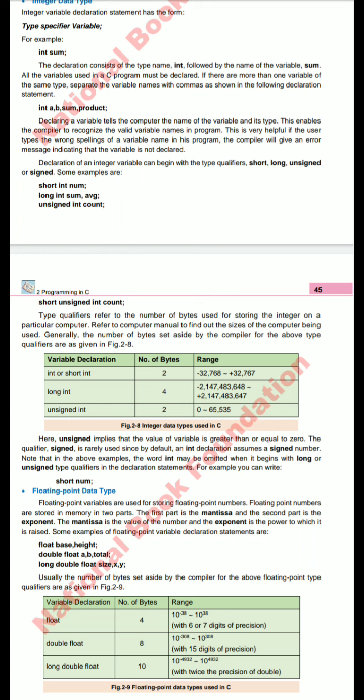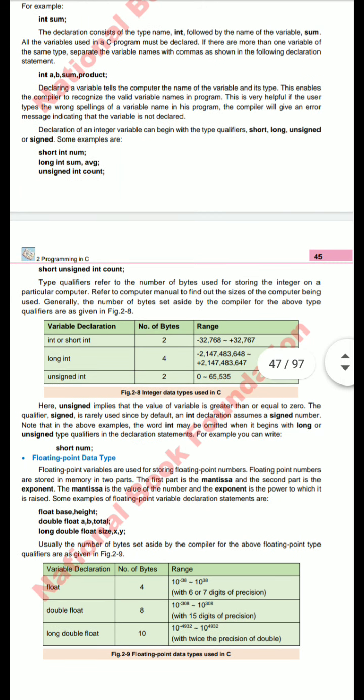If the user types a wrong spelling of the variable name in this program, the compiler will give an error message indicating that the variable you have used is not defined or is undeclared.